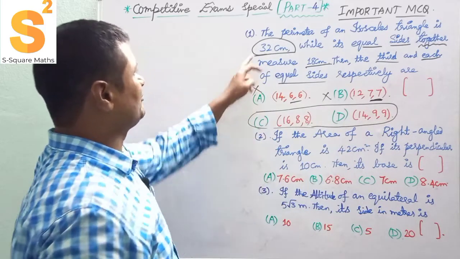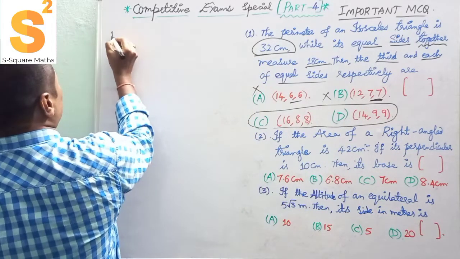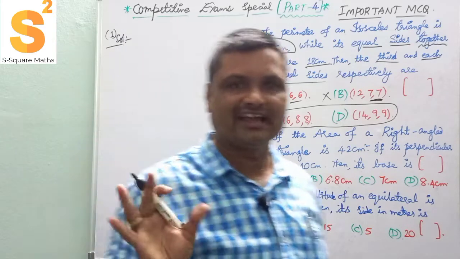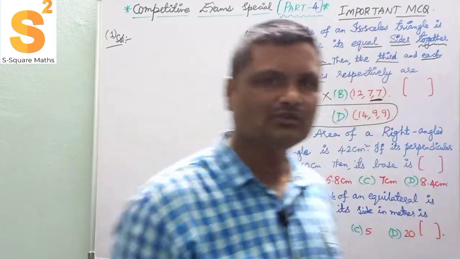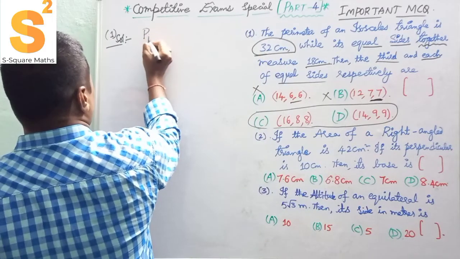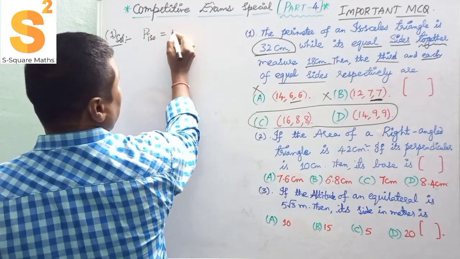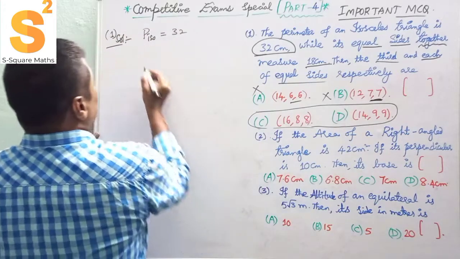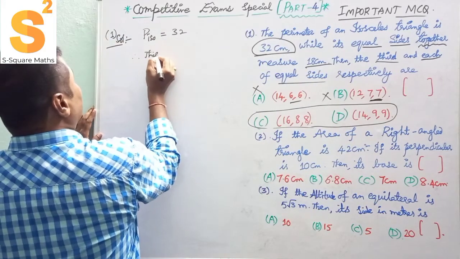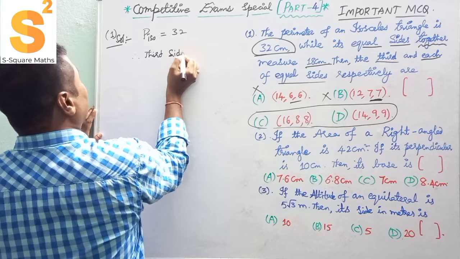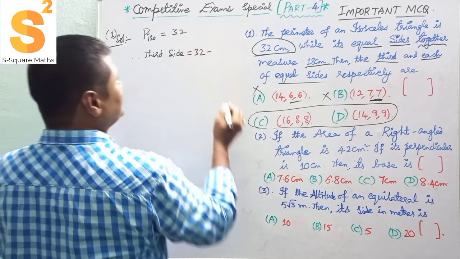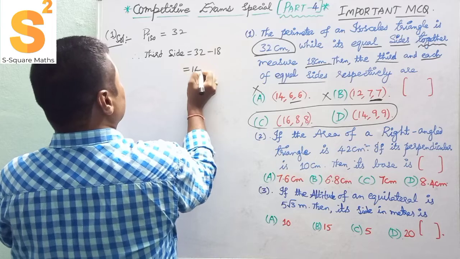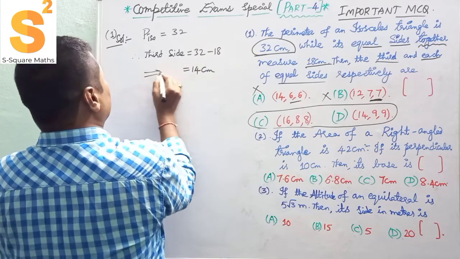Okay. So now here the perimeter is given. First, one solution. This is only for your idea I am doing; actually, we can do it without pen and paper. So the perimeter of the isosceles triangle is given as 32. The equal sides are given, so the third side is obtained by 32 minus 18, which gives you 14 centimeters. Let it be some K.